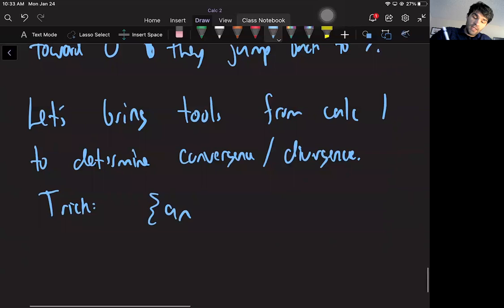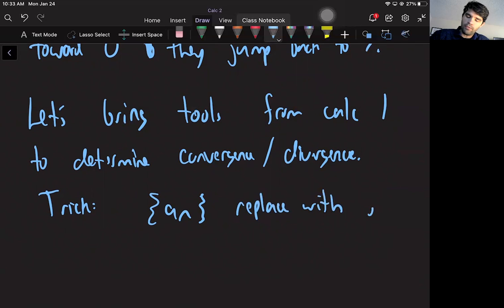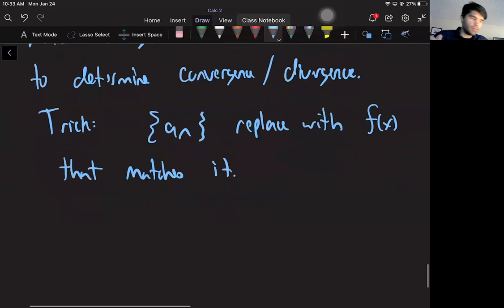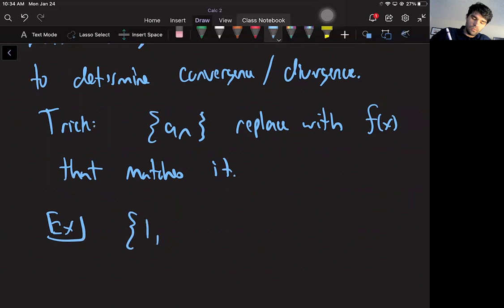If you have a sequence a_n, you can just sort of replace it with a function that matches it. So for example, if I'm looking at this sequence, this is really just 1/n,